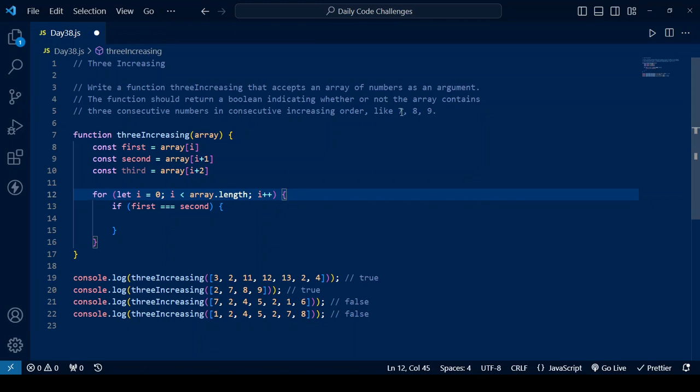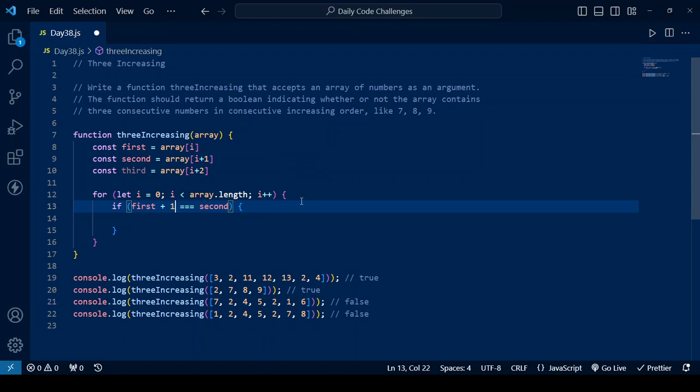But here rather we say if we add 1 to this first number, is it going to be equal to this second? So we are trying to see if they are in a consecutive order increasingly, right? So that's the idea. So here we are rather going to say if first plus 1 is equal to second,